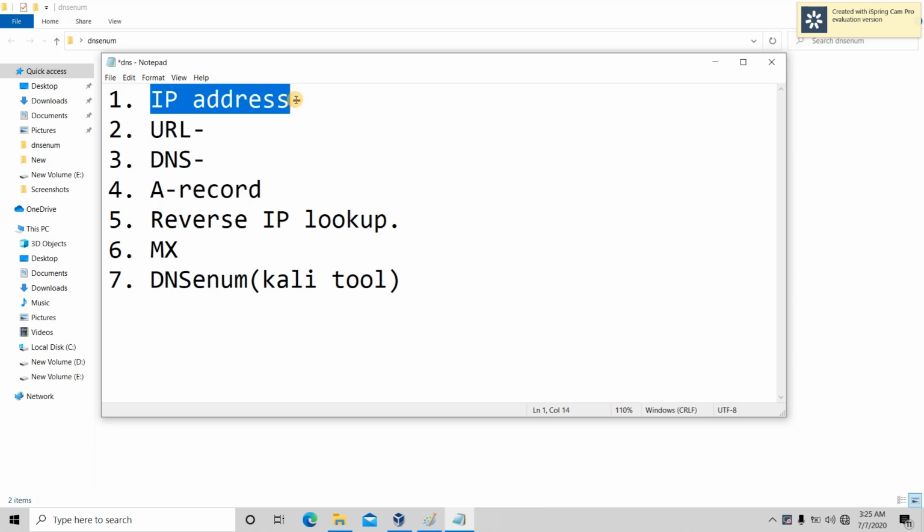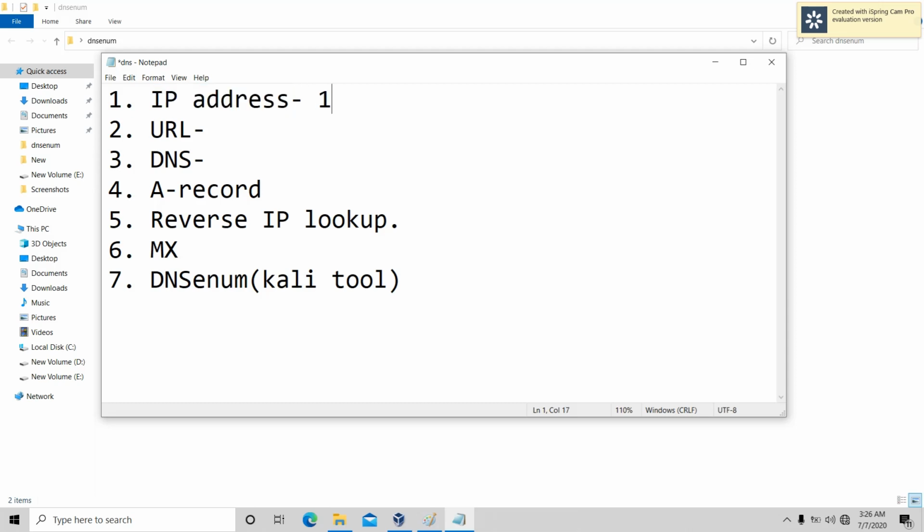So what is an IP address? An IP address, also known as Internet Protocol address, is a numerical representation of any specific interface in a network. For example, your computer's address in numerical form that the computer understands. The computer actually does not understand what is google.com. It understands binary numbers, so it must be converted to binary. There must be some binary numbers associated with each machine on the internet. So this is an IP address.